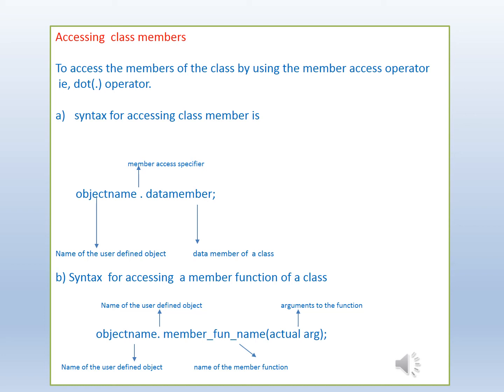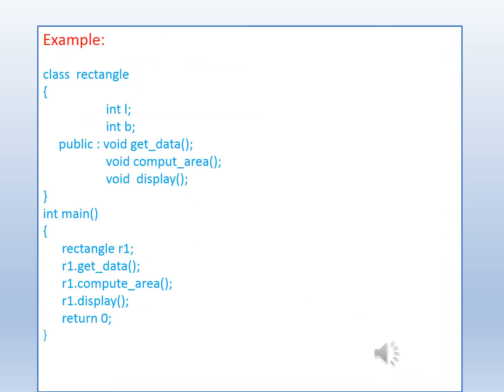Figure B shows the syntax for accessing a member function. To access a member function, we use the object name followed by the dot operator, the member function name and then the arguments to the function, ending with a semicolon. Students, in this example, we can understand the declaration of an object and also how to access